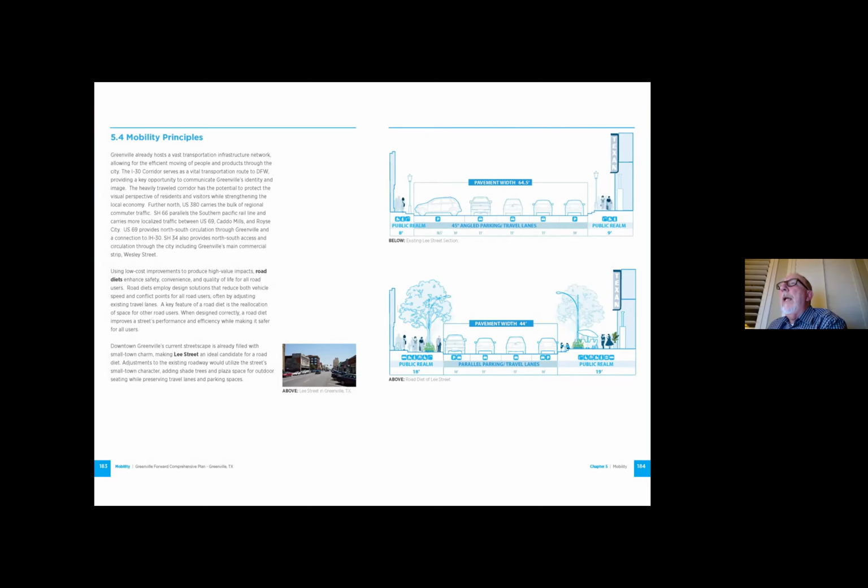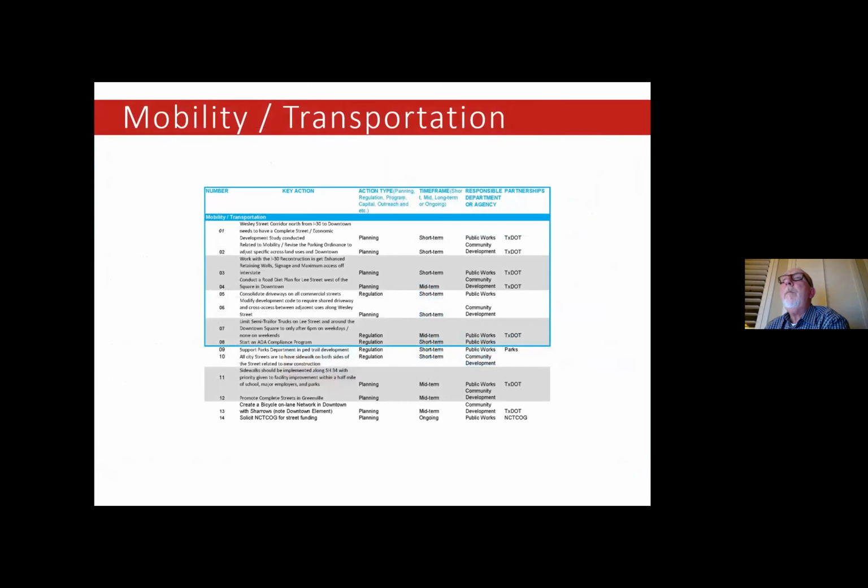the angled parking out and you put in parallel, and you have an extensive area to make 18 and 19-foot sidewalks adjacent to those shops, bring more chairs out and everything. The opportunity exists for that to happen in a long-term scenario, working with TxDOT. We have roughly 14 different action items to talk about, everything from